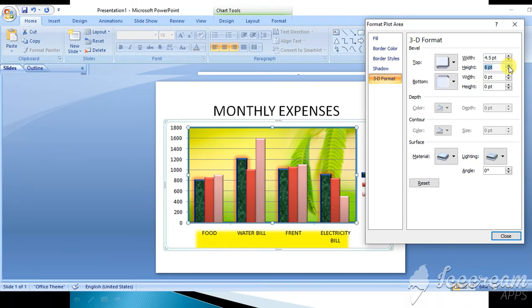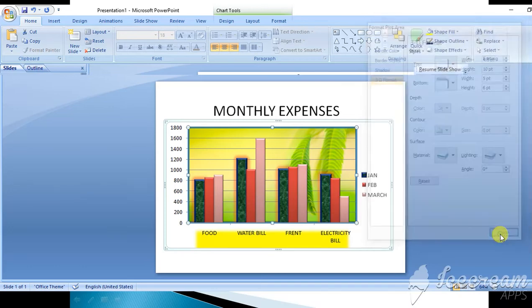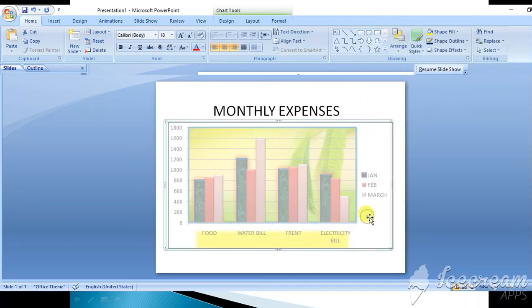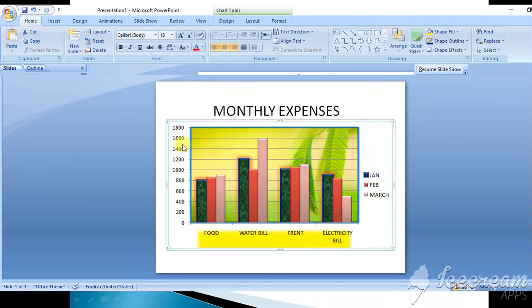Change it. So actually practically you have to do all these things. Otherwise, if I show it to you and it is not showing, you will not be able to see the effects. So practically please try to do it, then only you will be able to see the effects.